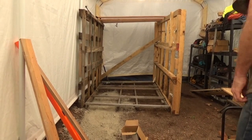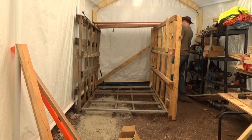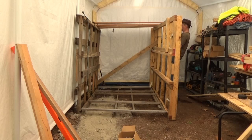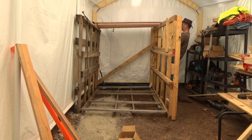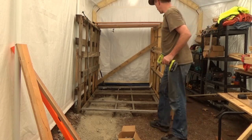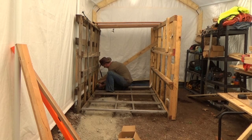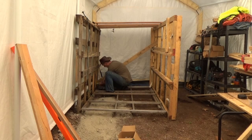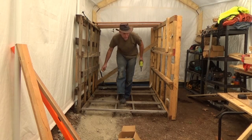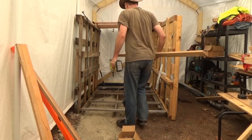I'm going to put cross bracing on this. I think that's fine. There. I want to cross brace this. It doesn't have to be pretty, just functional. More rigid now. And just because I got a piece of wood here, I want to make it strong. It's probably overkill, but